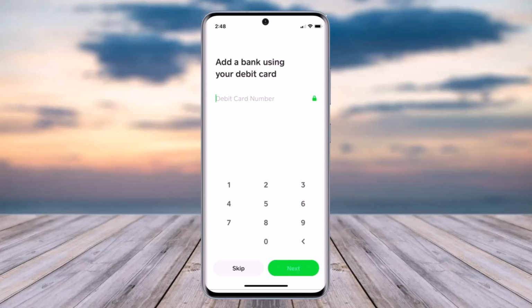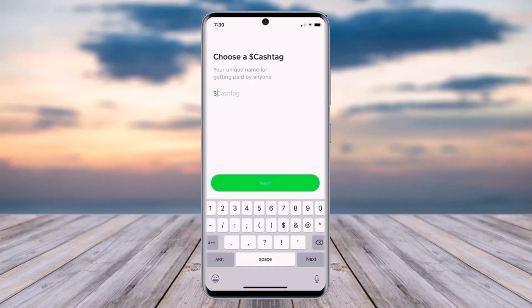If you would like, you can even choose to skip it and then tap on this next, and you will confirm all of the information, and that way you will be able to create yourself a new cash account